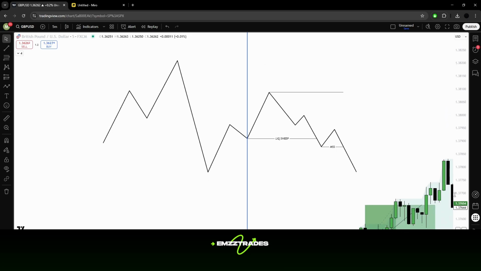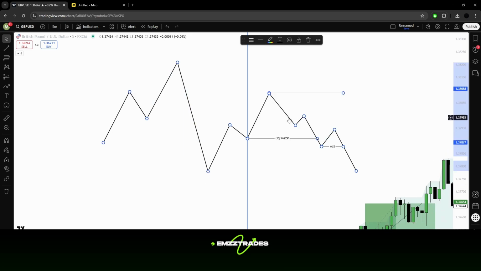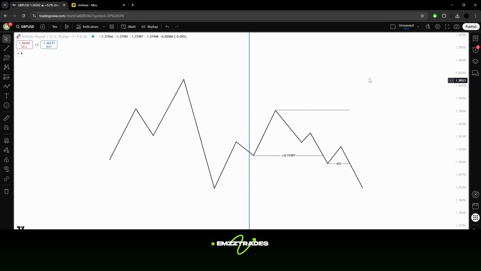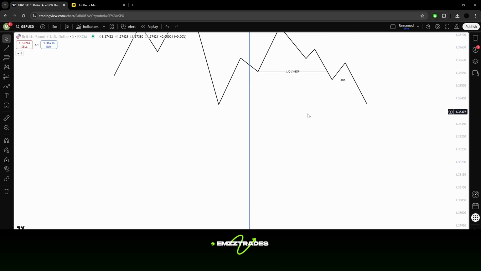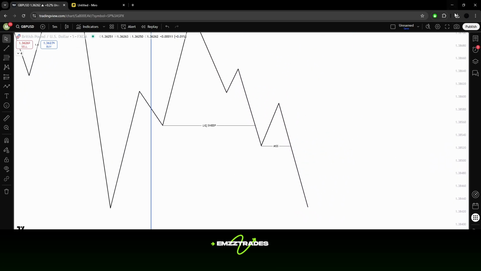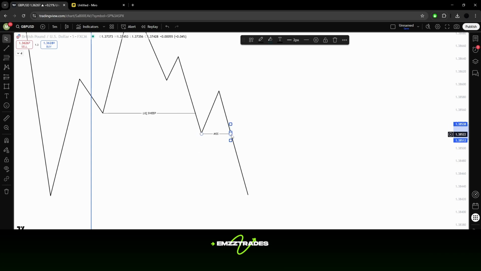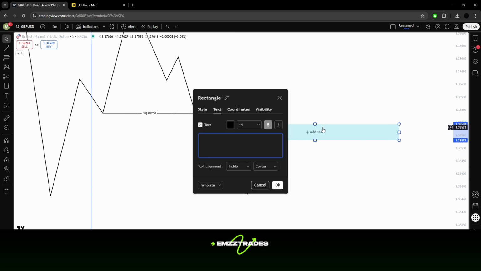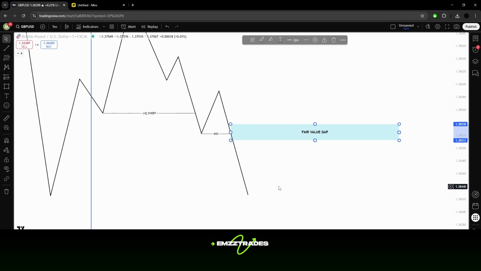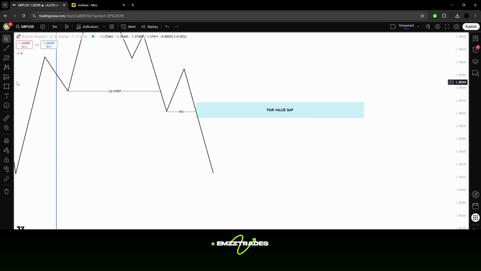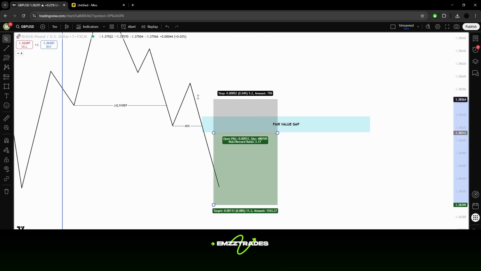So what I'm going to actually do is move all of this over, since it is getting really close to the actual trade that we took. So let's say that's done. So what we're going to be doing now is waiting for price to actually give us that fair value gap. As you can see, you overlap the fair value gap with the market structure shift, and name this fair value gap. And as soon as we actually do overlap it with the market structure shift, all we've got to do from here on out is actually short this right there,